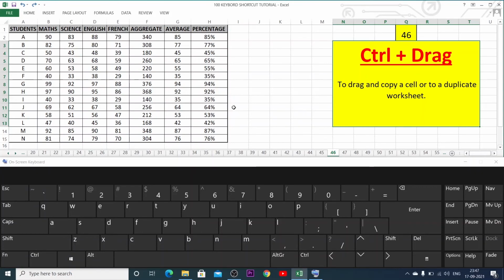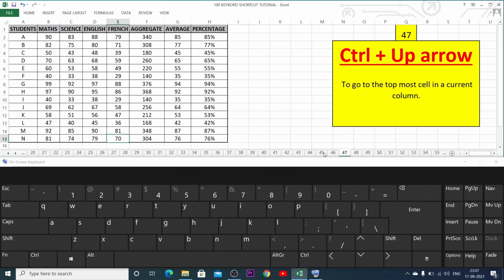Control Drag to drag and copy a cell. Control plus up arrow to go to the topmost cell in the current column.